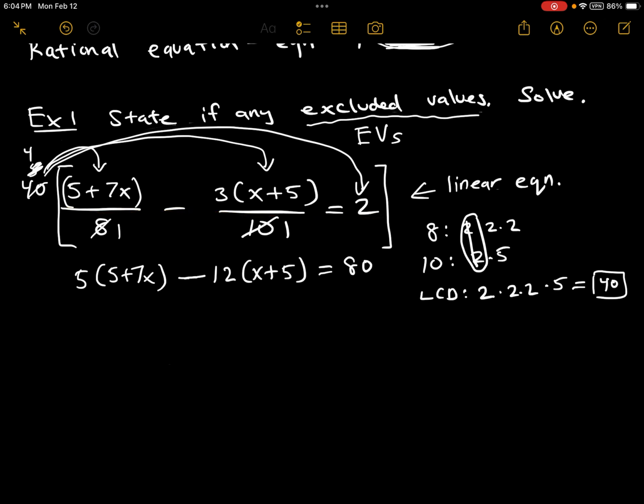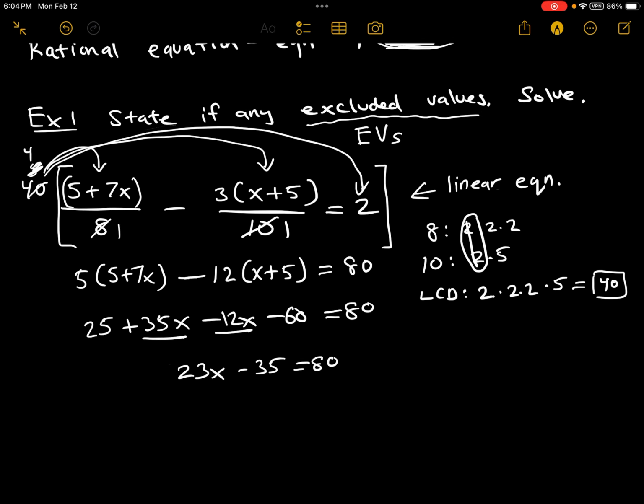Okay, so from here, distribute and combine like terms. You're going to get 25 plus 35x, subtract 12x, subtract 60 is equal to 80. 35 take away 12 will give you 23x. And then 25 subtract 60 will give you minus 35. All right, so add 35 on both sides, and you're going to get 105, and x is actually equal to